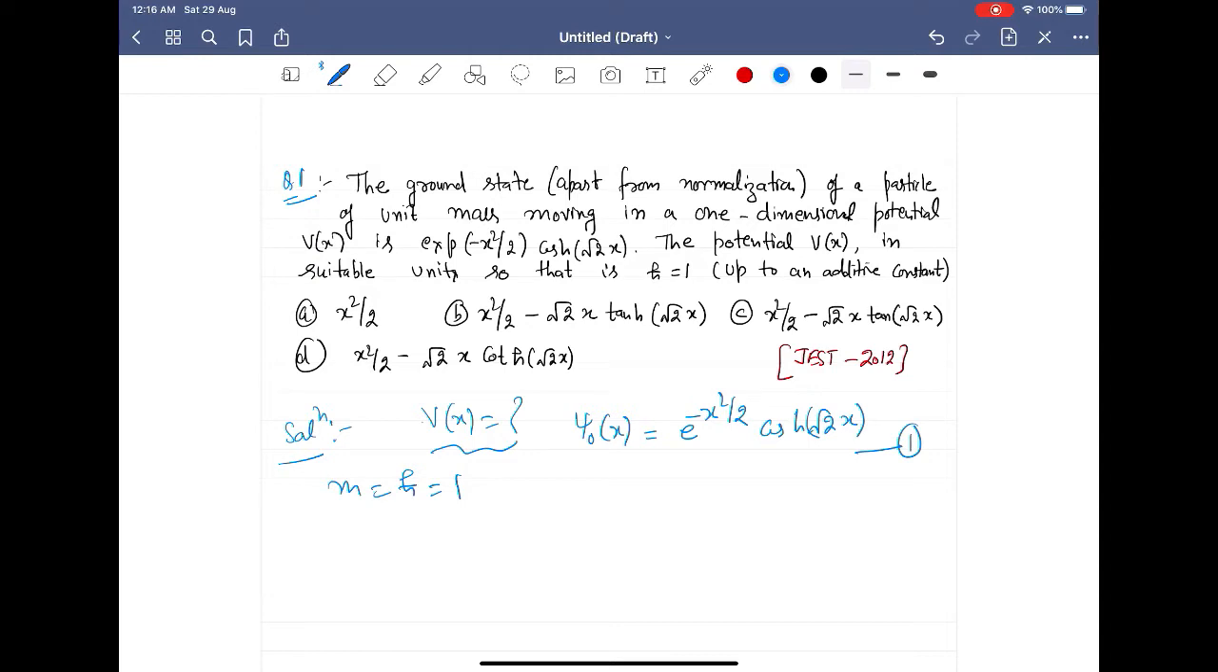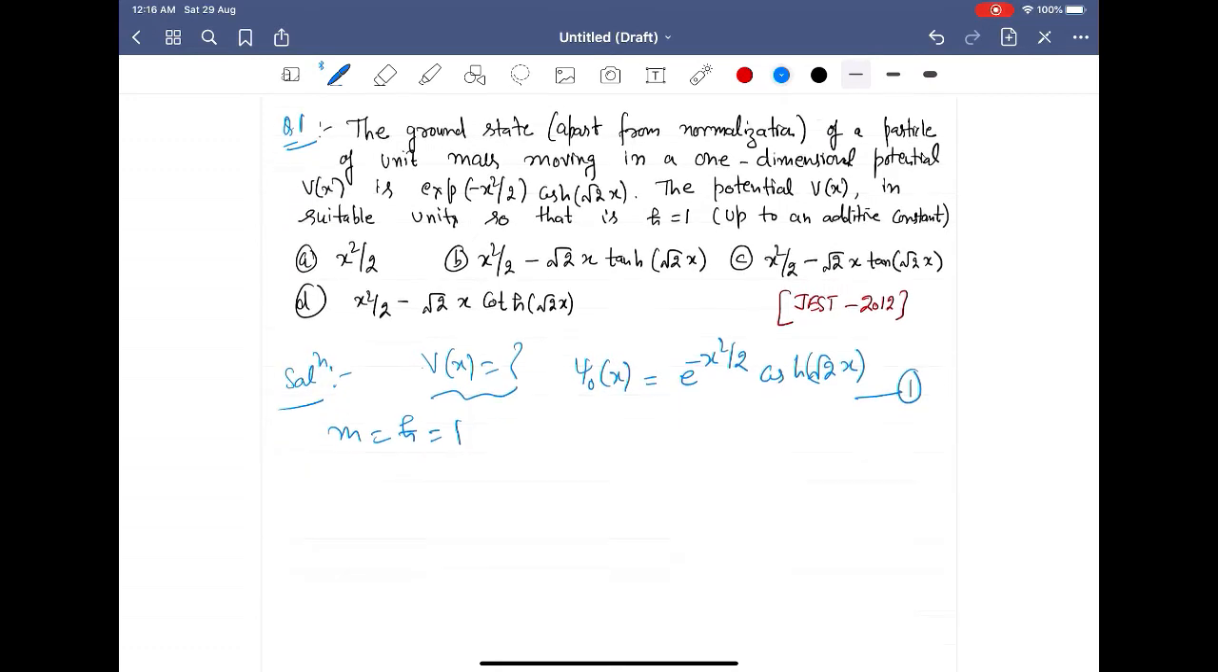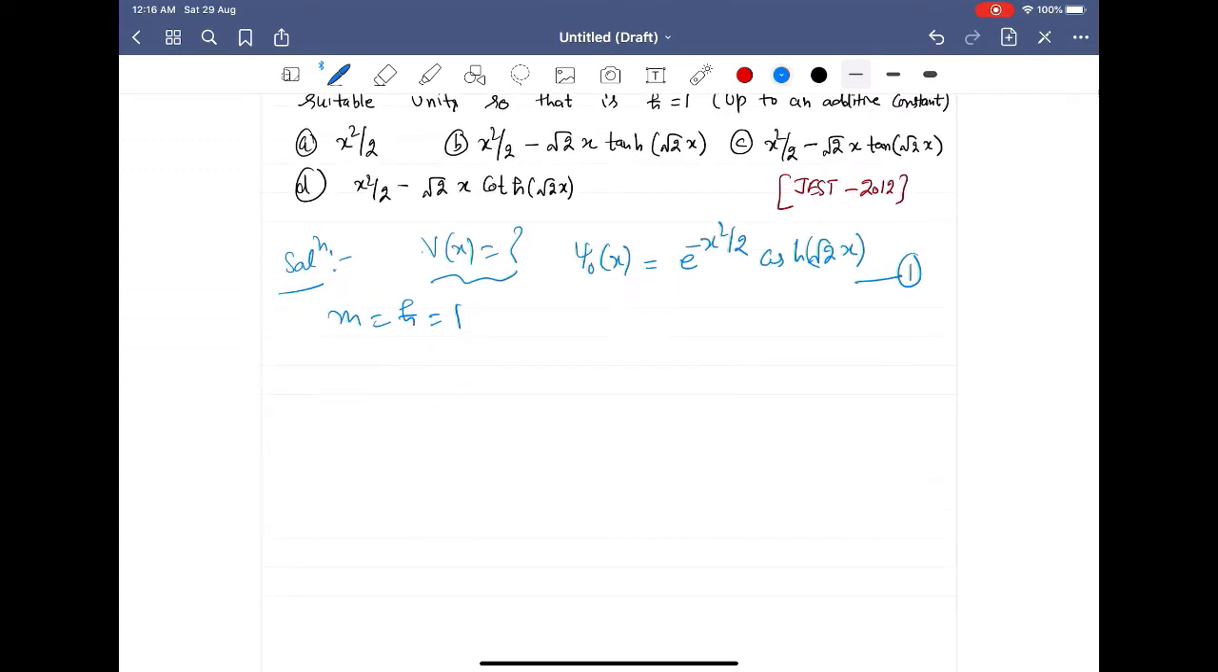In a typical Schrodinger equation problem, we are generally given the form of the potential and asked to find psi and E. But here the case is reverse. We have been given psi and asked to find out V(x). So we'll write down the Schrodinger equation for the one-dimensional case. The one-dimensional Schrodinger equation is minus h cross squared by 2m